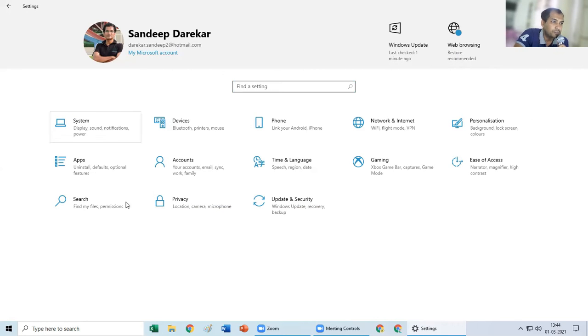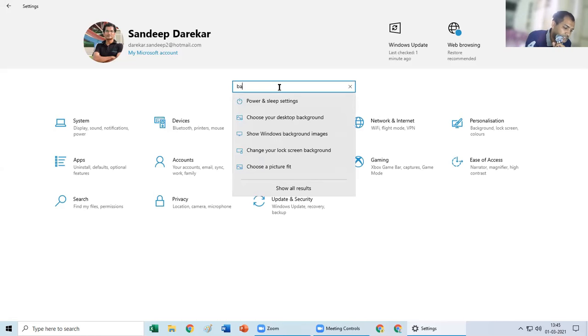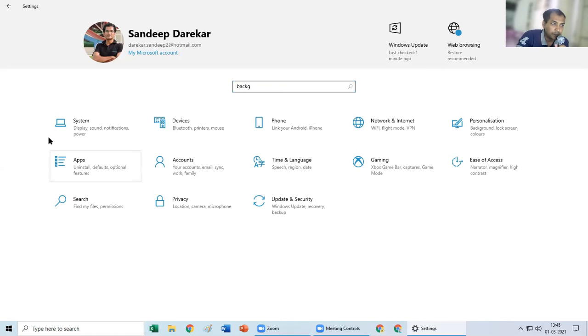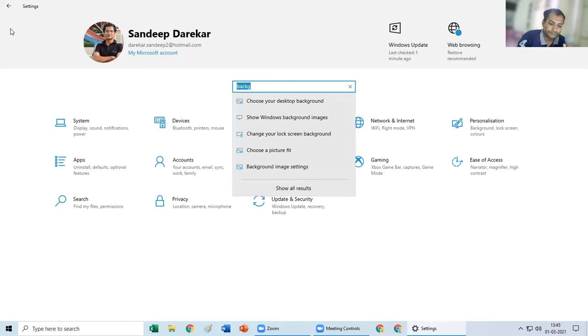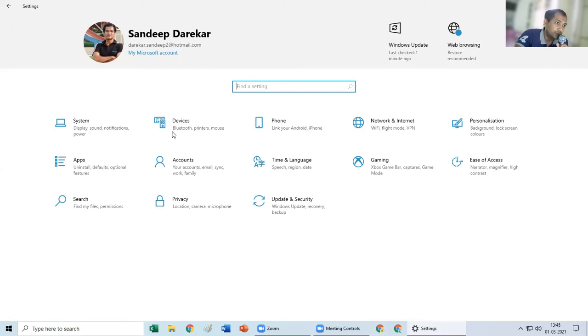Now, before moving on to the main core of these settings, here you will find the settings find option. Nowadays in mobile phones also, you must have seen on the top of the settings of your mobile, there is an option where you can find any setting which you don't know. For example, if you want to change the background, I click and type background, and you see here, it's showing me where these options are. These options are amongst the settings below down here. But in case you don't know which option it is in, you can search over here.